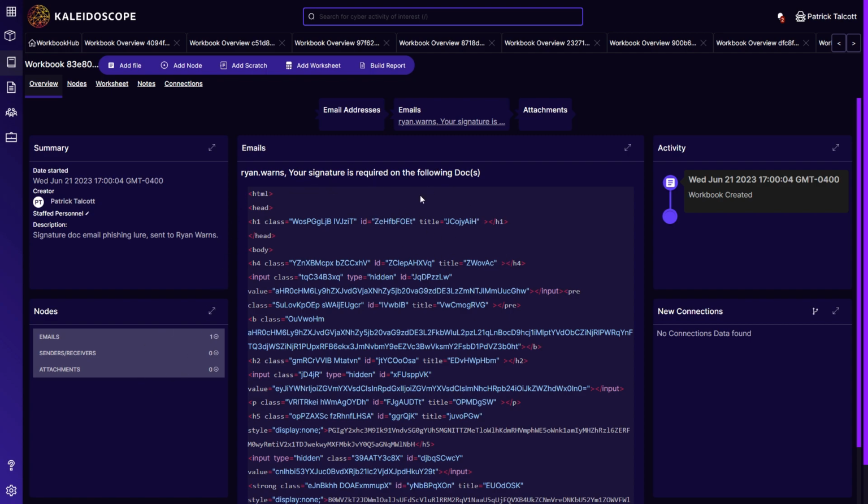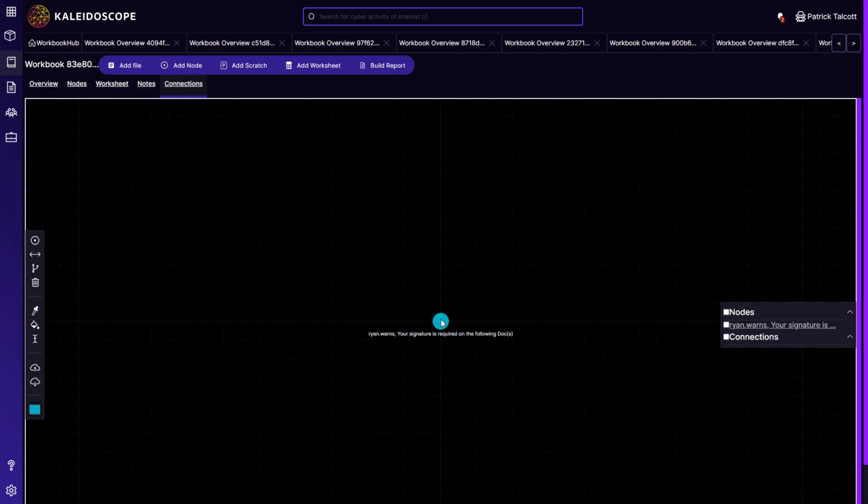So at this point in our processing journey as analysts, we want to be able to take this information and start to work through the pieces of it and find anything that might be connected. Because we're already parsing all of this as part of Kaleidoscope's ETL pipeline, I can now take this email